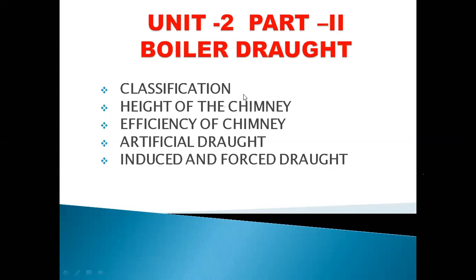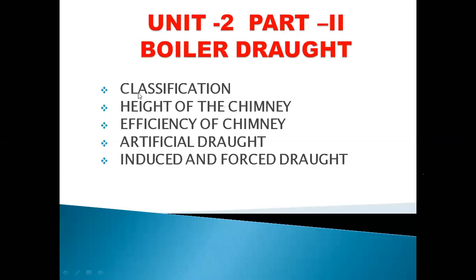I'll tell you in the operation what exactly the function of a chimney is. Draught is this: once we have the exhaust gases or waste gases from the power plant, they are taken through the chimney and let out into the atmosphere. That process, or the pressure difference created, is called draught. We'll discuss everything, so don't worry at this point of time. So what is exactly draught?